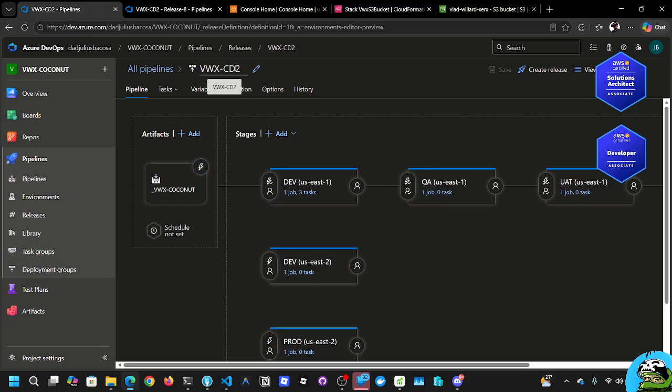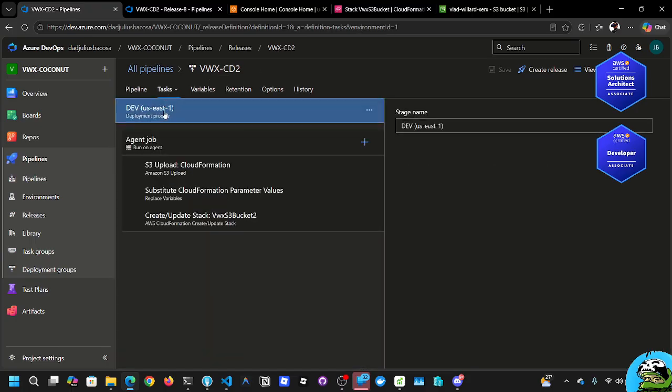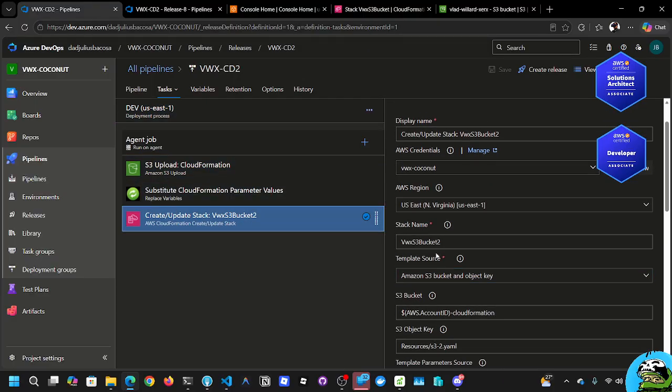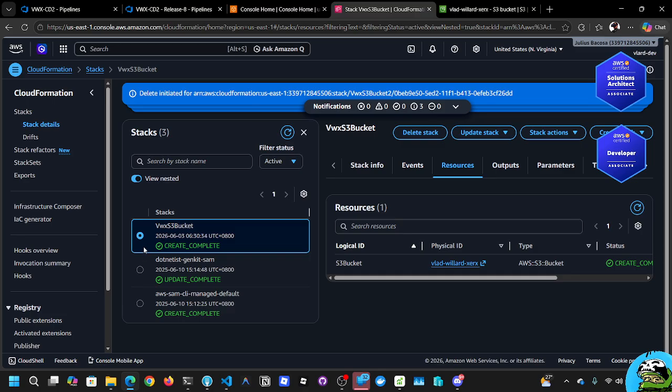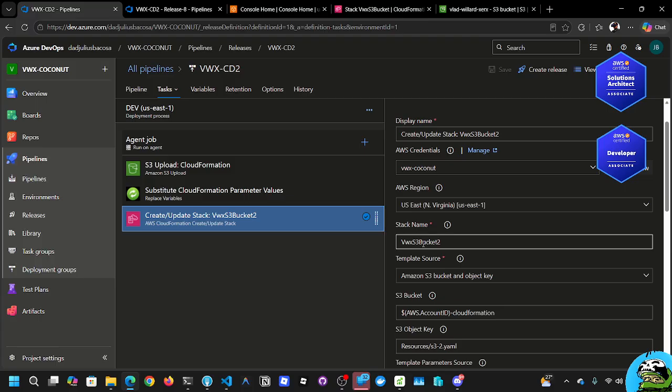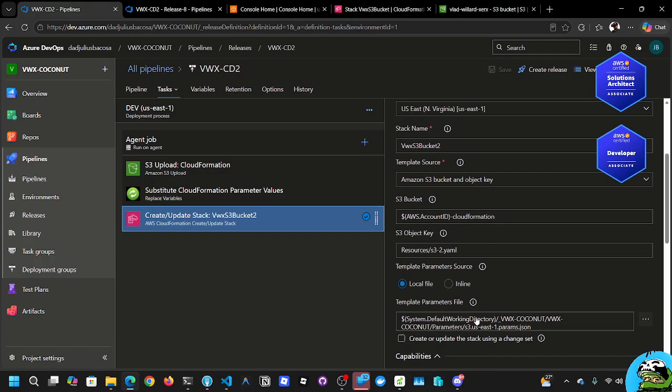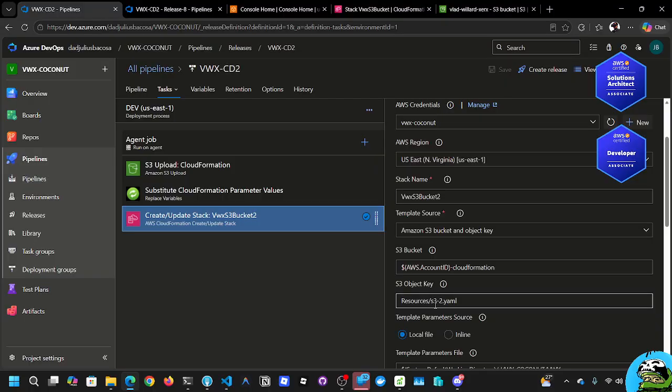We created a CD2, a continuous deployment CD2, and this is how we wanted, instead of VWS S3 bucket that was originally named, we decided that the stack name is now VWS S3 bucket 2. And we also decided that it's going to use the file name